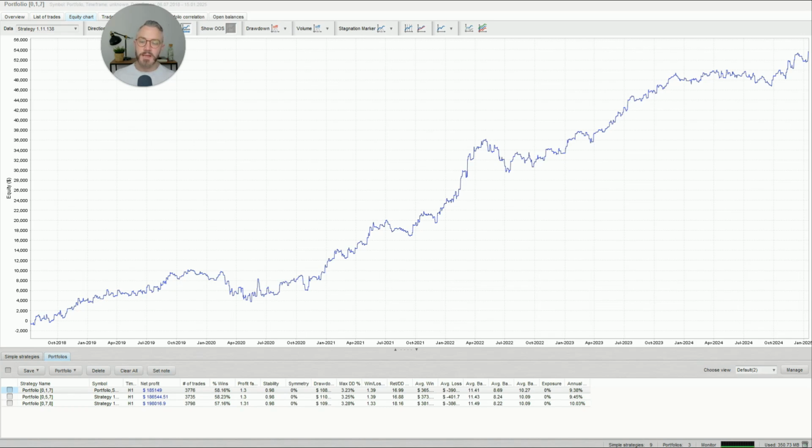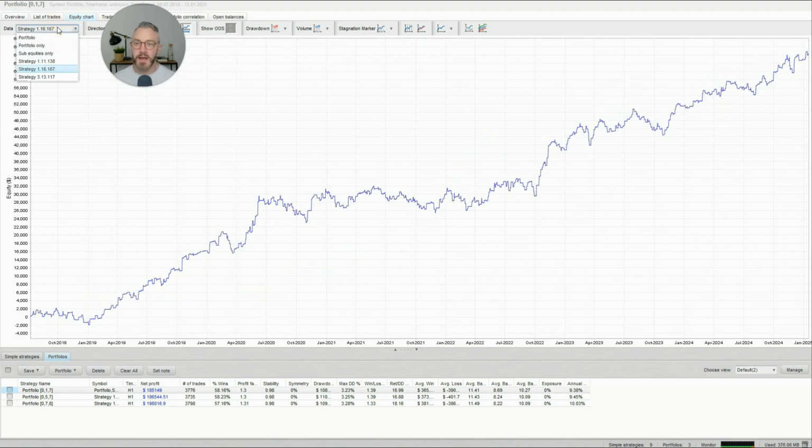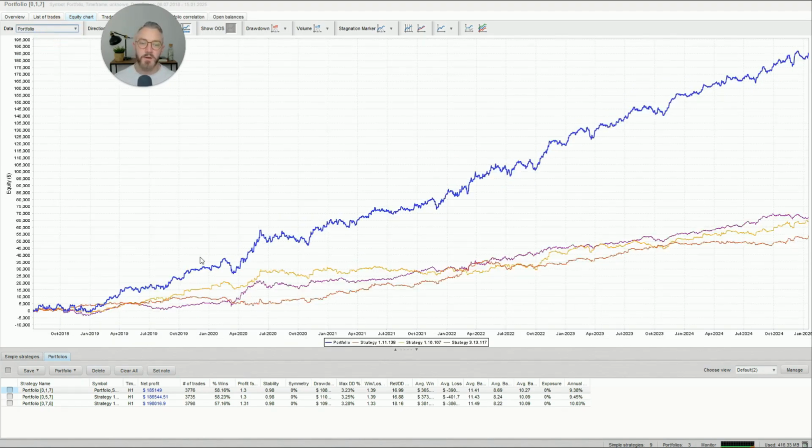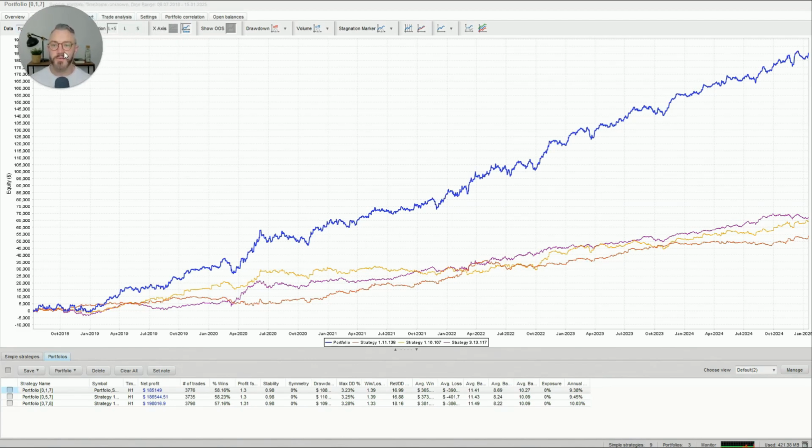So you basically put your strategies into a mix to see how they performed well together. You can see one of the strategies here, another one of the strategies here, but how do they perform as a portfolio? And as you can see, this is a potential of how the strategies would have performed together in a portfolio. Now, obviously, you have to adjust for risk, you have to adjust for open equity drawdown and a handful of other things, but generally speaking, this is how I like to trade strategies, using a 3-step process,